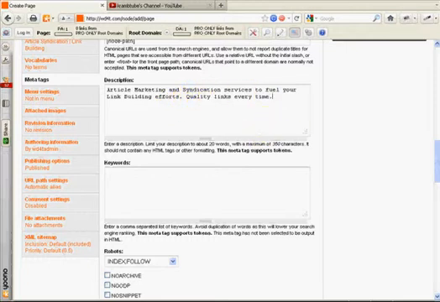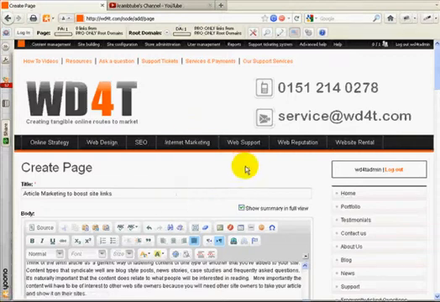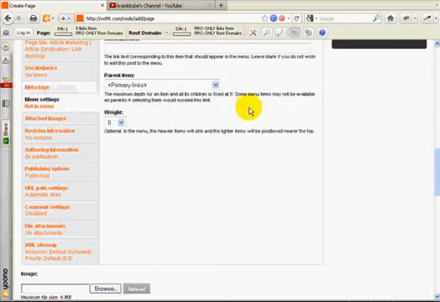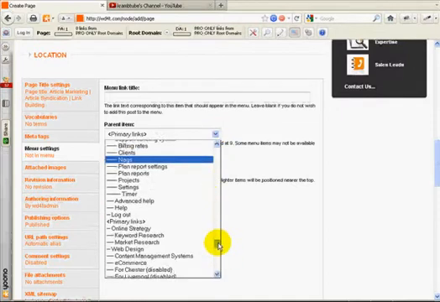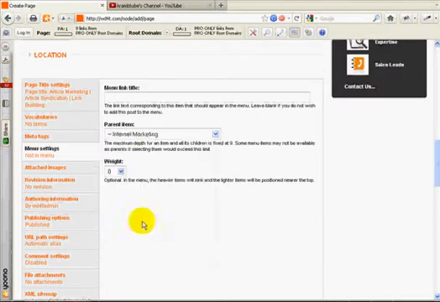The only other thing to consider putting in, although not essential from a search engine point of view, is keywords. If I were to enable search on this site, then I'd want to put in some keywords, and I'm putting in some just as a precaution. The final thing I've got to do, because I want this page to appear underneath Internet Marketing, is set the menu settings for this page. So it's this option here, and it is under the primary links, but I want to put it under Internet Marketing. So I select Internet Marketing,